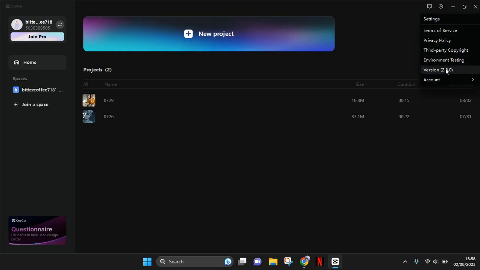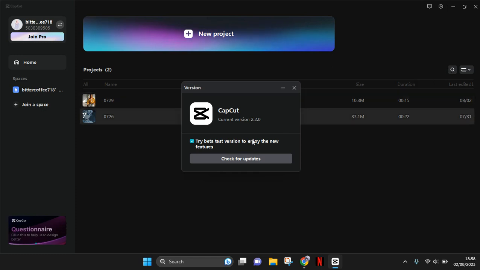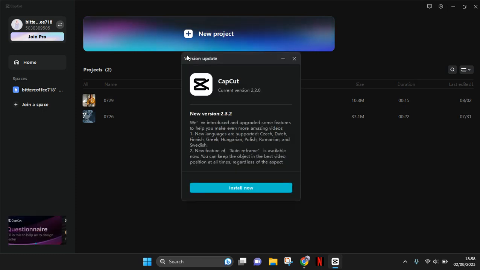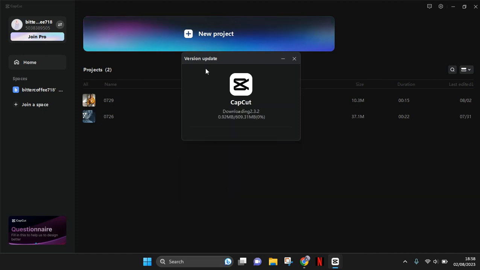As you can see, now I'm using the 2.20 CapCut. So just click on version here. Okay, and then click on check for updates to know if the apps need some updates. Okay, you can see now that my apps need to update into 2.3.2. So to update it, just click on install now and wait for the version for the CapCut to finish